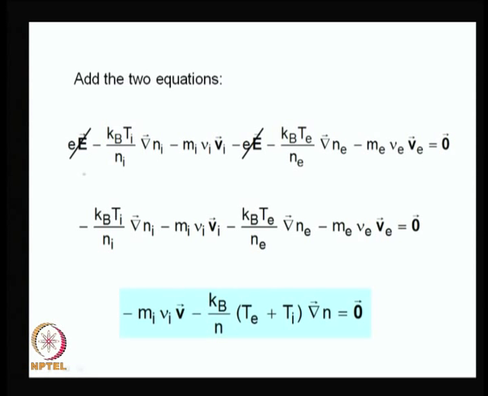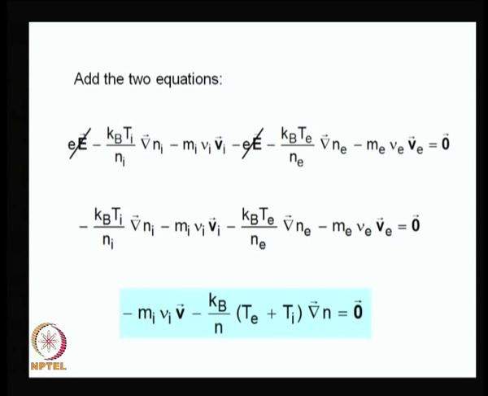We are left with minus kBTi upon Ni grad Ni minus Mi nu i multiplied by Vi minus kBTe upon Ne grad Ne minus Me nu e Ve is equal to 0. It still looks a pretty complicated equation, and so we solve it